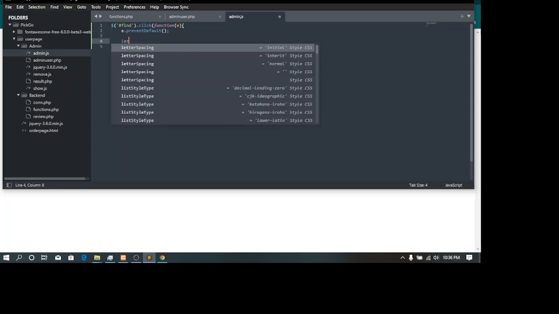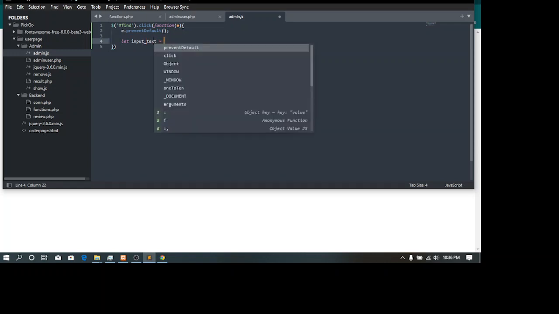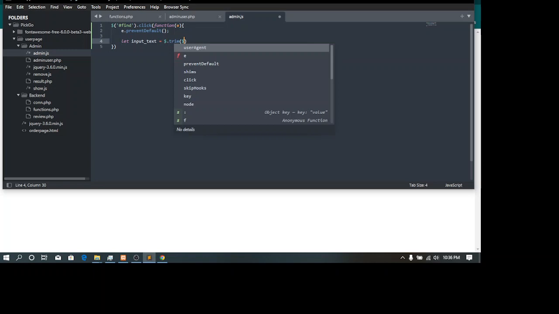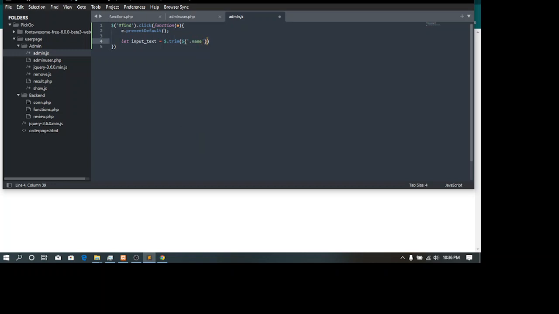So we're going to say let input text equals to dot trim dot name dot the value.